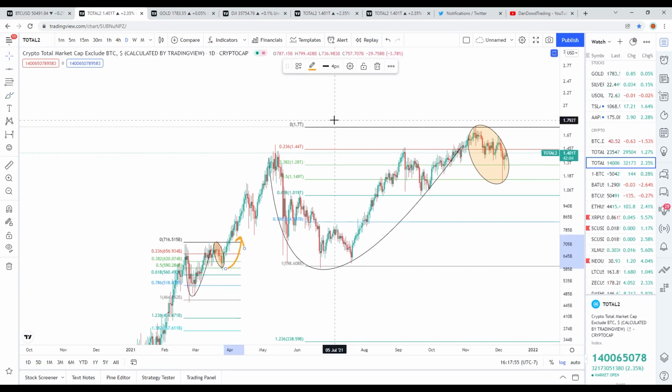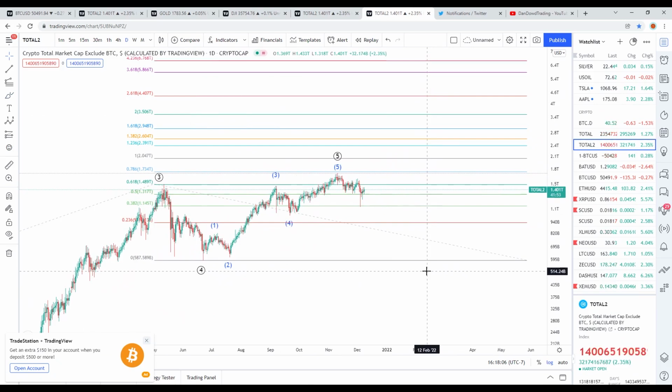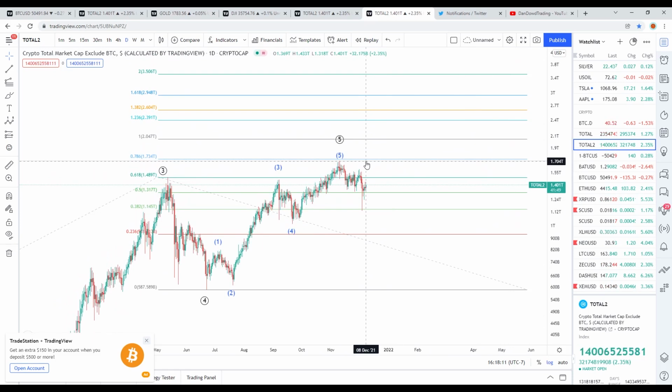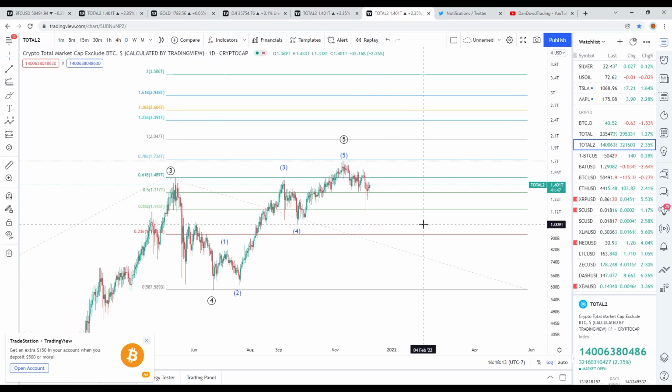So now we are seeing a bunch of bullish confluence for the total altcoin market cap, which makes me optimistic. That's pretty much what I'm looking for. I'm looking for this thing to start firing back to the upside and taking out that previous all-time high. The sentiment right now is that the bull run is over for crypto, and I did go over this in